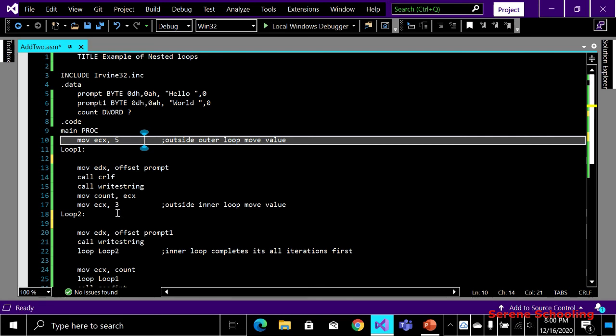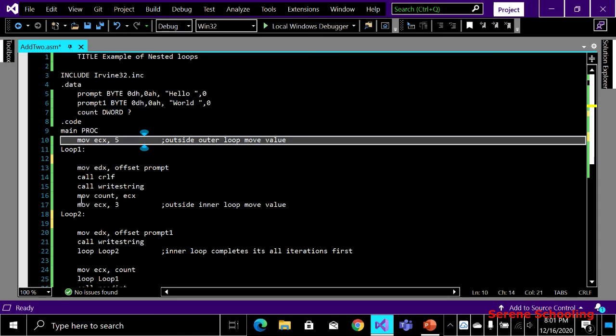And we know ECX decrements automatically, so after 3 times these instructions will stop executing and my control will automatically go to the next line, and the next line says move the count value into the ECX. What is my count value? We have stored the outer loop value into the count, so again we have to put back that value into the ECX. Why?